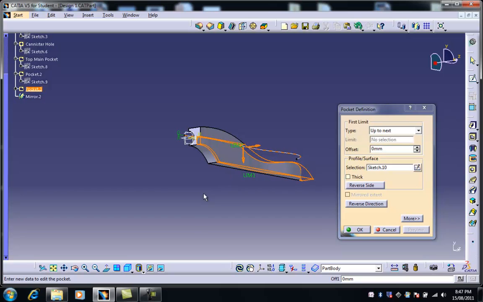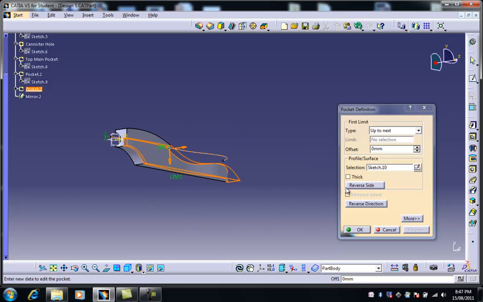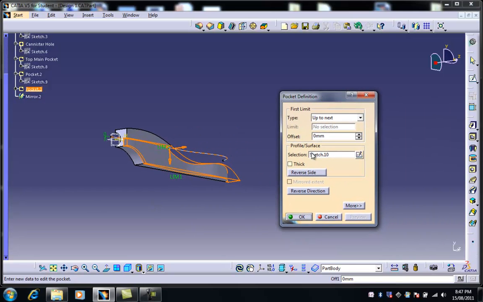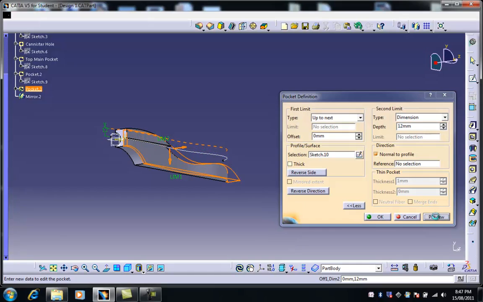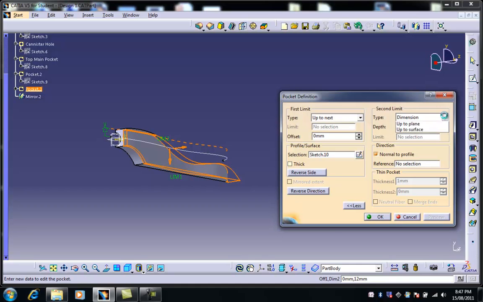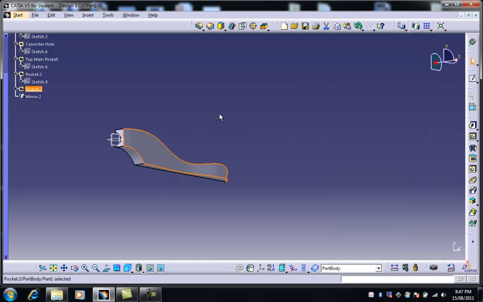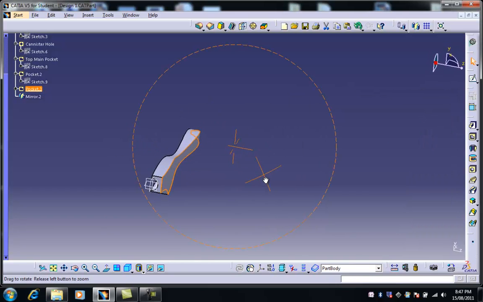So here's what we do. I'm going to drag that out of there just to make some room for myself. Grab that and choose more. And so now I have the ability to have a second limitation going in the opposite direction. So let's see what happens. If I go up, well, that's taking me in the right direction. But if I wanted to, I could again go here, up to next, preview that, and let's have a look at what we've got. So now,